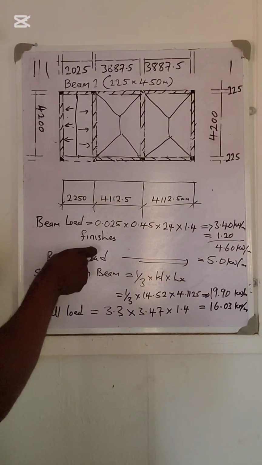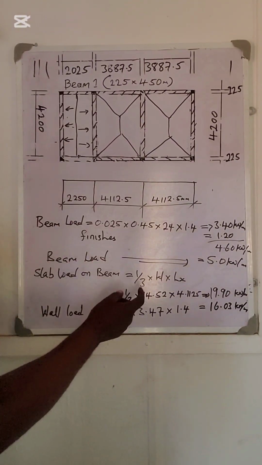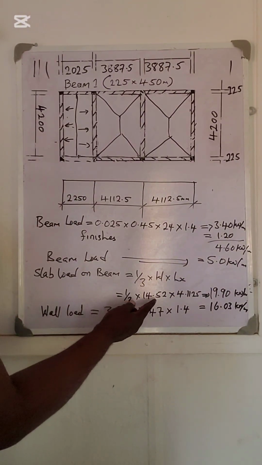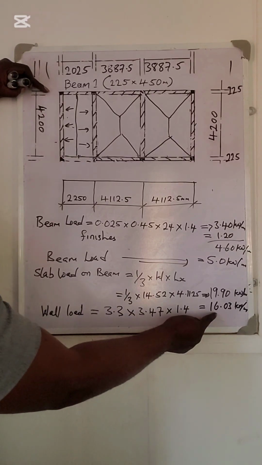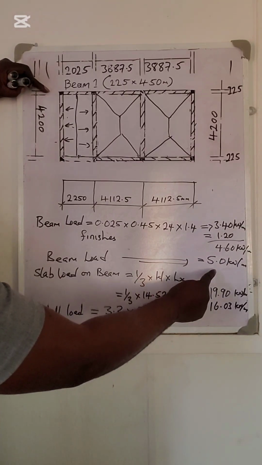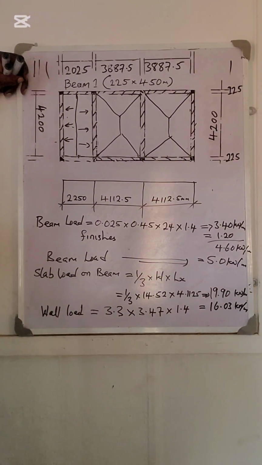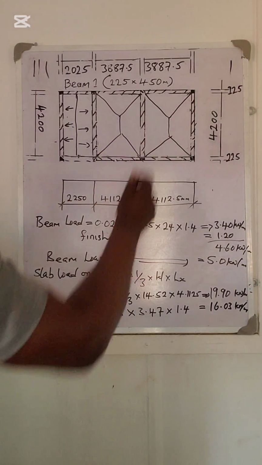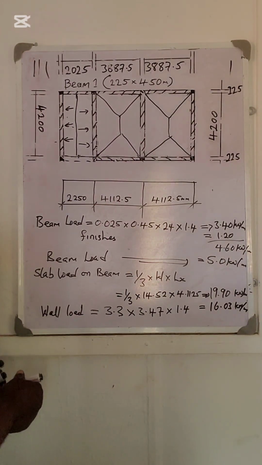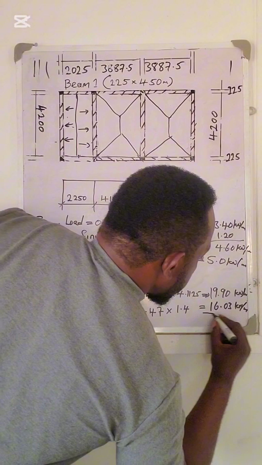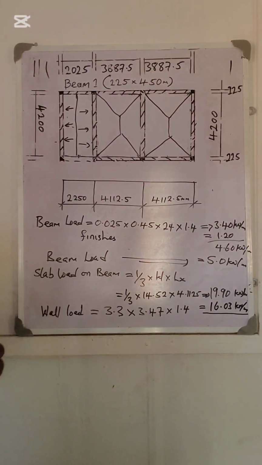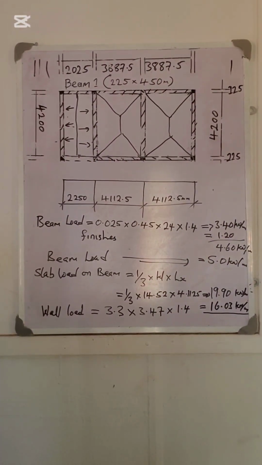So for this one-way slab, we are only going to make use of the UDL, which is 14.5, plus the wall load, which is this, plus the beam load, which is 5 kilonewton per meter. So when you add all this together for these beams, we are going to have